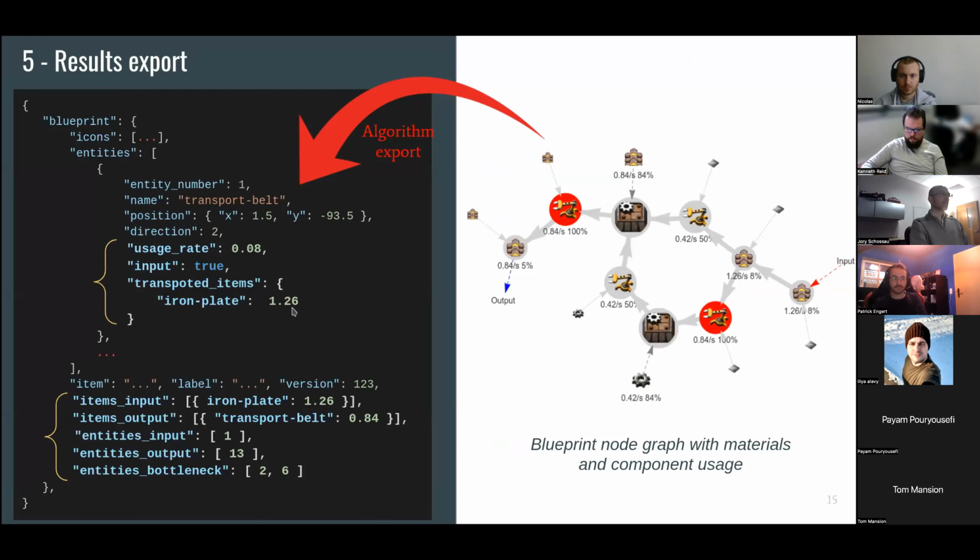And I also output, for all the blueprints, not for each entity, the amount of item inputs and item outputs, which entities are the inputs or outputs, and which entities are the bottleneck. So the item inputs, and which entities are input and output, are very, very interesting,